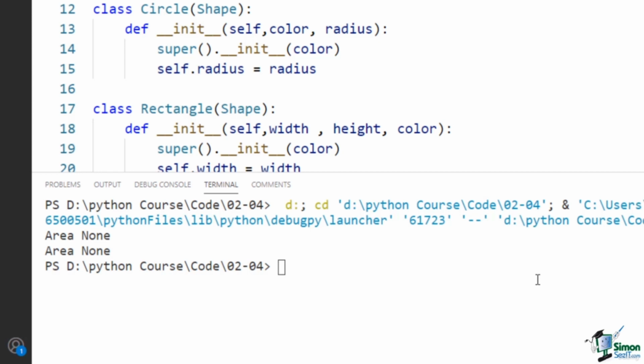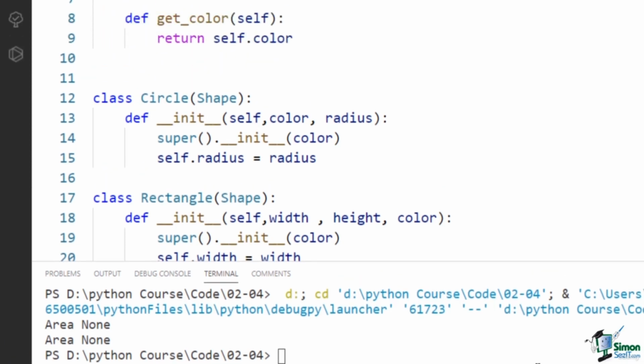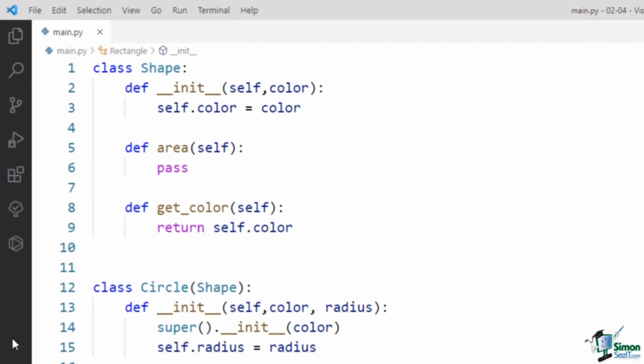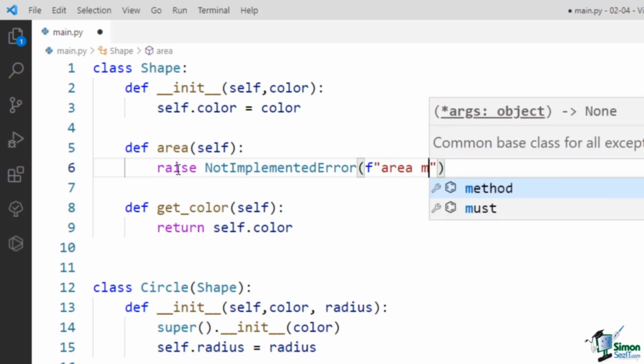So how can we fix this issue? There are 2 solutions for fixing this issue. The first solution is to raise an error when the area method is not implemented by the child class. Here, in the parent class, inside the area method, I raise NotImplementedError. And to make the error message more clear, here I pass a message like this: area method is not implemented